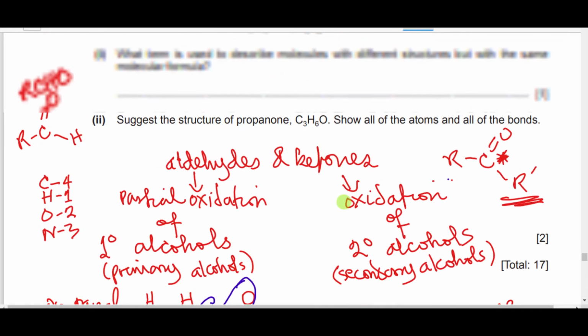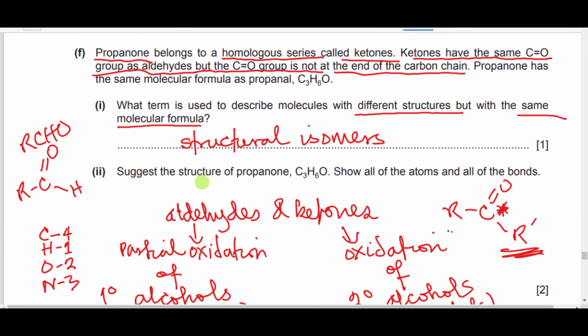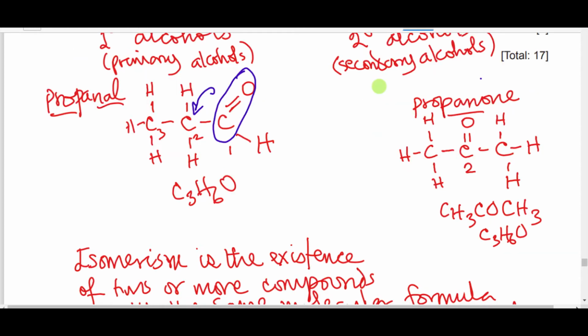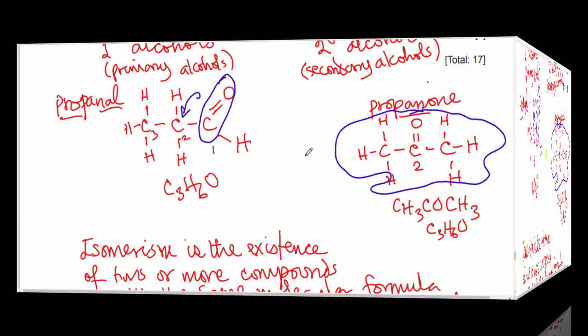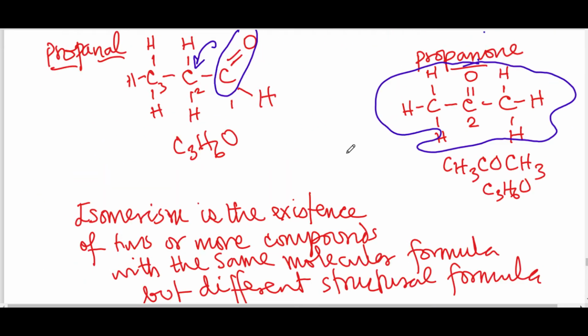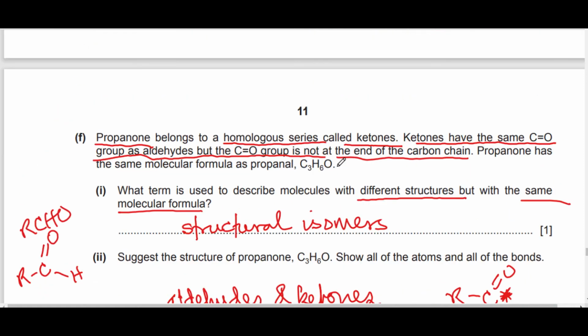Fine. So the last question says, suggest the structure of propanone, show all the atoms and all the bonds, which is what we've already drawn here. So that is the structure of propanone, showing all the atoms and all the bonds. So that brings us to the end of the solution to our Cambridge IGCSE Chemistry Paper 4 for the